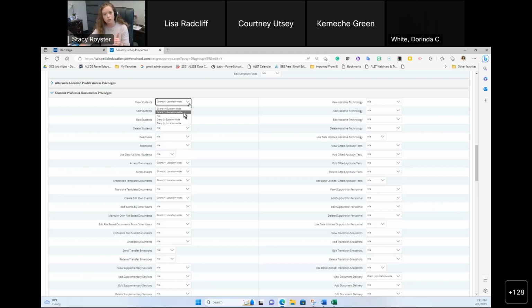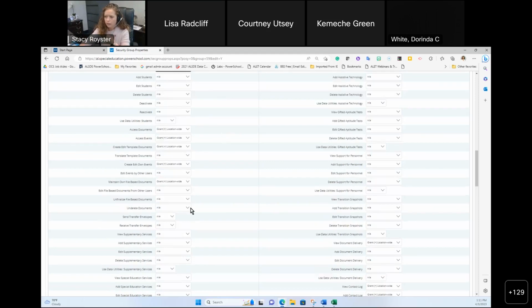You need to make that choice of which one fits your district and your roles for your people. Some of the things that came out of here, envelopes. Do you want them to be able to send and receive? Now, there is a special group specifically for this, but if you need a whole group within someone to do it and you don't want to put them in another group, you can control this inside of here. If you look at